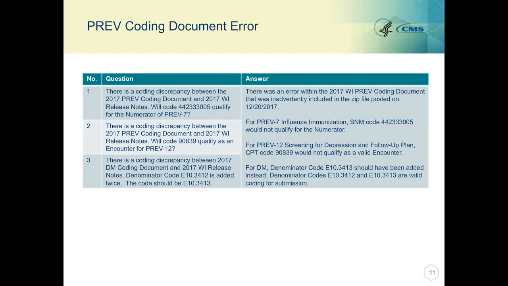Similarly, people are asking, there is a coding discrepancy between the 2017 Prev coding document and the 2017 Web Interface Release Notes. Will code 90839 qualify as an encounter for Prev 12? And the third question we're receiving is, there is a coding discrepancy between the 2017 DM coding document and the 2017 Web Interface Release Notes. Denominator code E10.3412 is added twice. The code should be